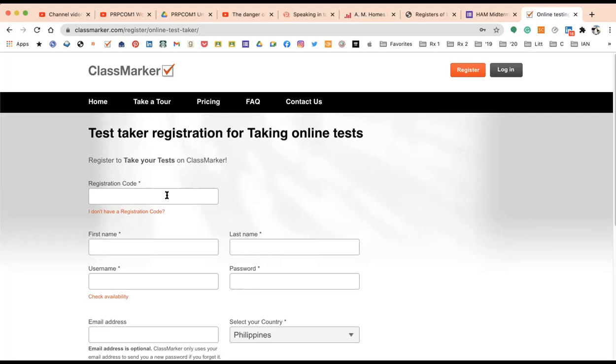If your class is, for example, 8 o'clock or 9 o'clock or 10 o'clock, you log in 10 minutes or 15 minutes earlier. So for example, ang exam mo sa akin ay 8 o'clock, 7:50 you should already be online so that you will be able to open Class Marker already, and then open Messenger. If I send you the videos that you need to watch, even if it takes time to load kasi nagbabuffer pa, at least yung 7:50 na nagsimula ka mag-online, pwede mo nang panoorin yung videos na sinend ko. Mag-exam ka na lang mamaya.